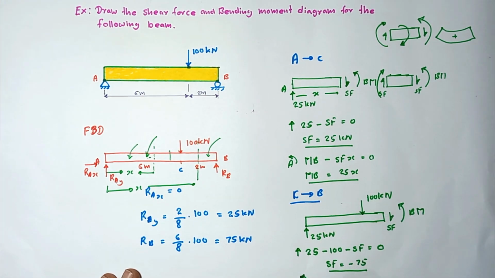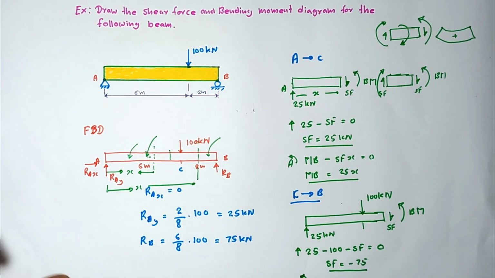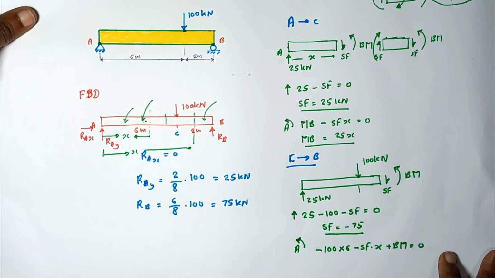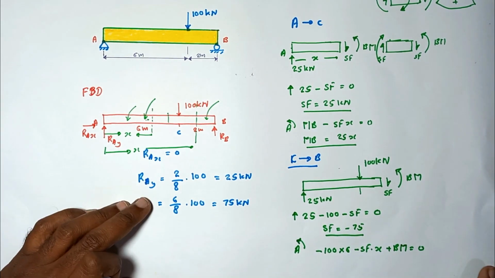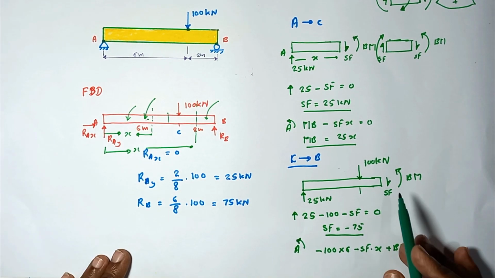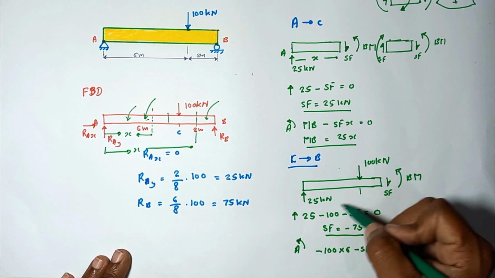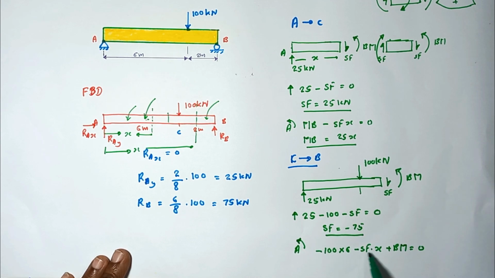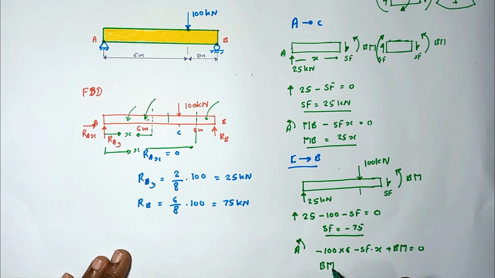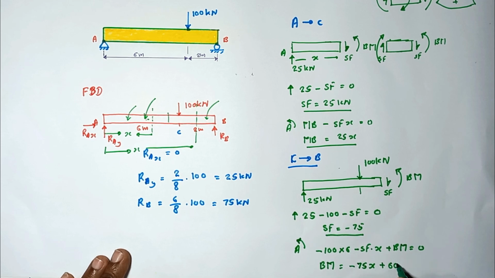Minus, because it is in the clockwise direction, 100 into 6, the distance from this end being 6 meters, minus shear force into x plus bending moment is equal to 0, so that the bending moment is equal to minus 75 into x plus 600